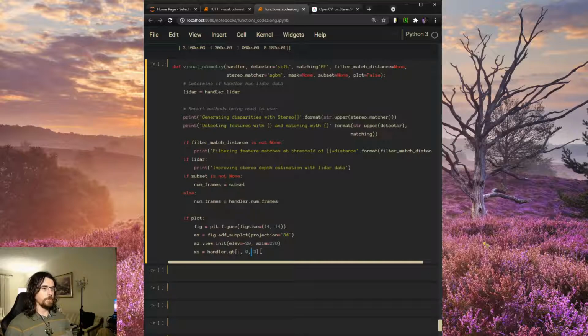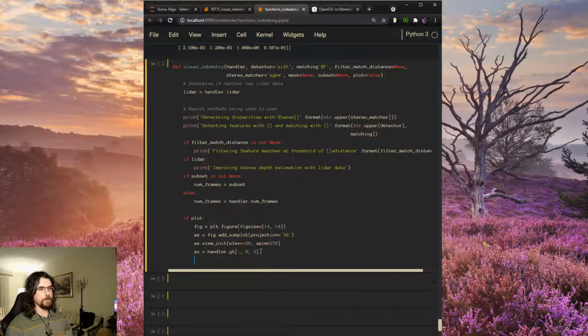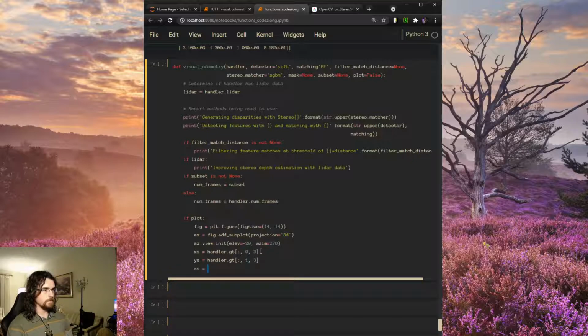So if we want the x's for every single frame of the ground truth, then we'll say all frames, first row, fourth column, because that's where the x value of the translation vector will be found in every single frame. So for the y's, obviously it will be similar, except we'll need the next row, same column. Z's, handler dot ground truth, all frames,